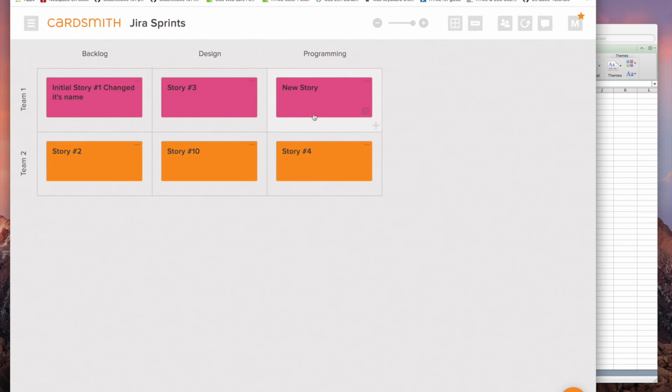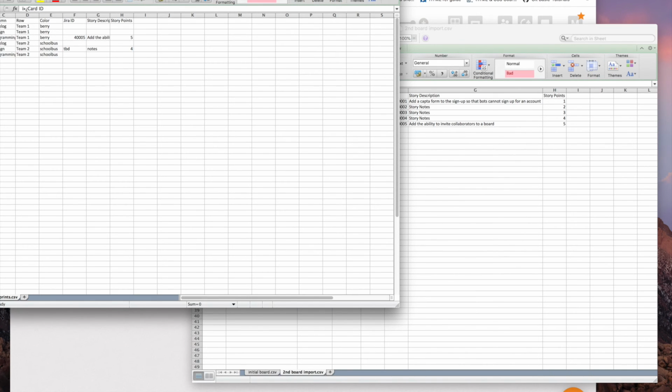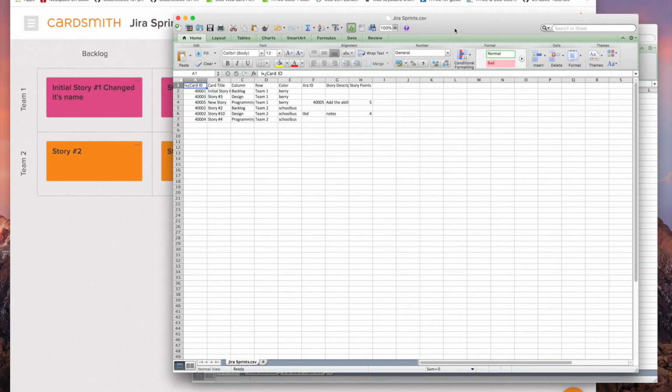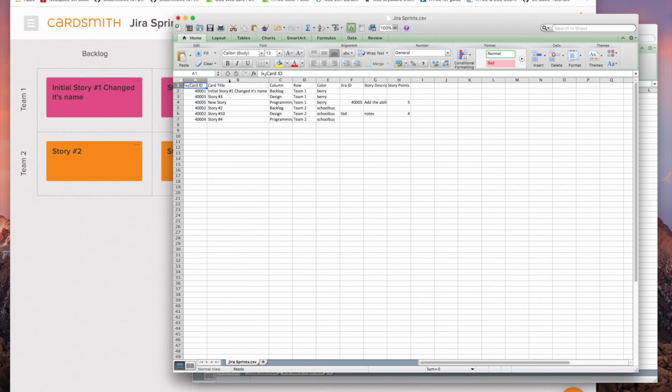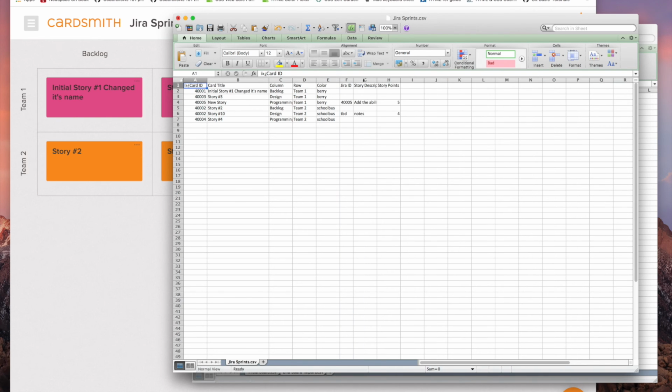And if I want to put this data back into my other system, my other project management system, in this case Jira, I would then export this grid as a CSV. And you can see if I open this up, bring that over here, now it's got the card ID, which coincidentally is also the Jira ID, although it doesn't look like the Jira ID came through on everything. But this is the idea, is that these cards could then be populated back into the